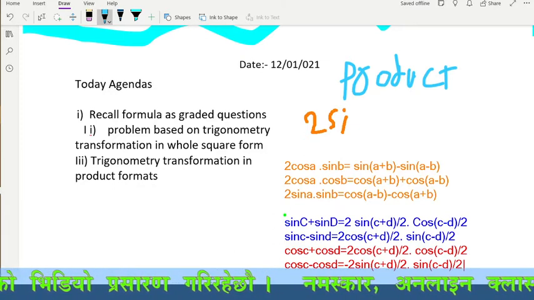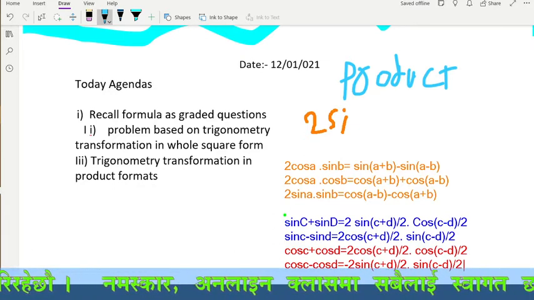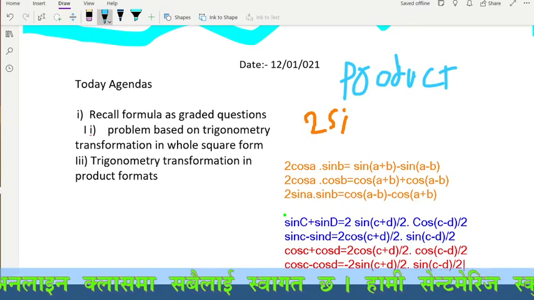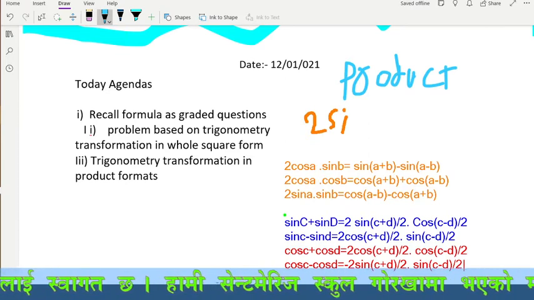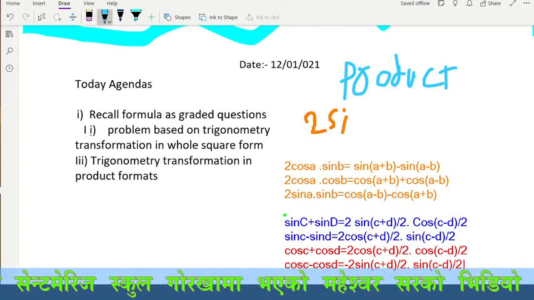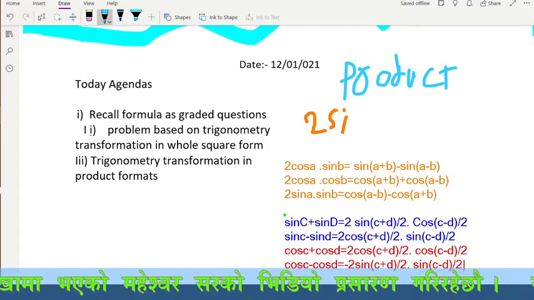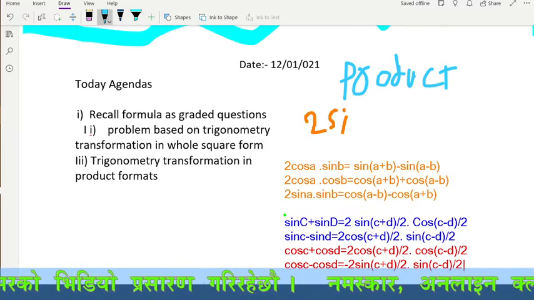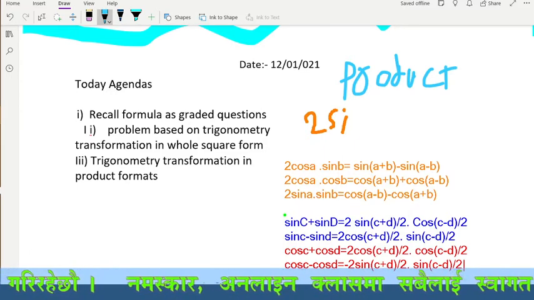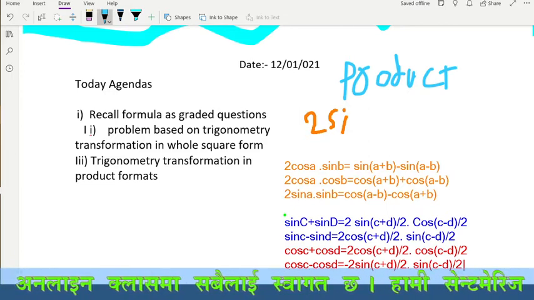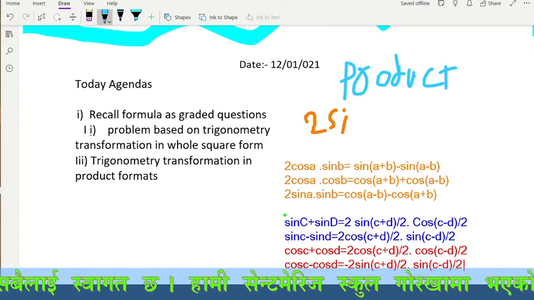In the previous class also we already discussed this. Today is the first class because all were not there, so just once again I move through this. These are all the formulas, and we are going to use them in these chapters. We have solved so many problems, so I think all of you have got a little bit of an idea how to solve these problems.